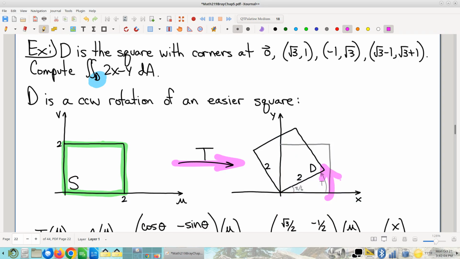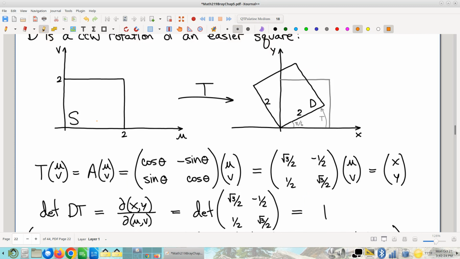Okay, by the way, a little bit of geometry, and this is an exercise that y'all can do. This point being that point will allow you to do some trig and conclude that that angle is pi over 6, so make sure you can do that trig. And as a result, now I can write down exactly what my linear transformation is. This linear transformation, reminder, rotations around the origin are linear transformations, is represented by the matrix